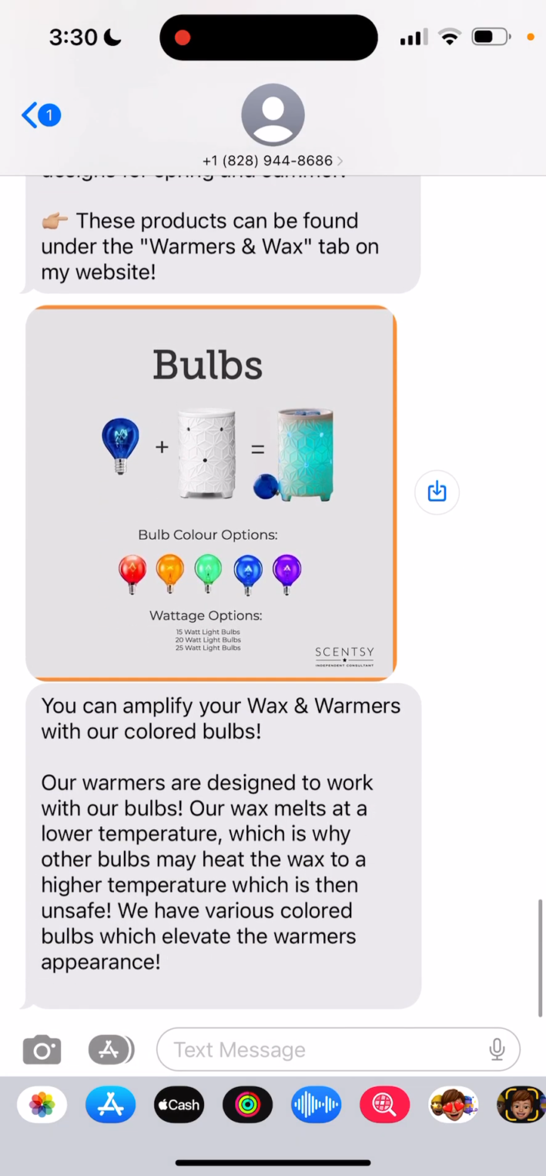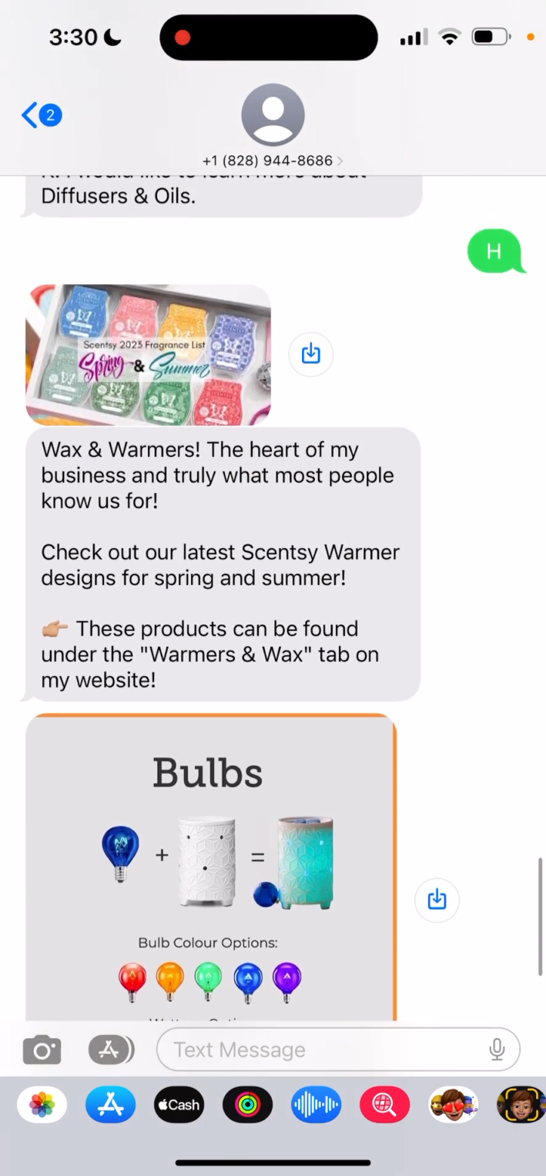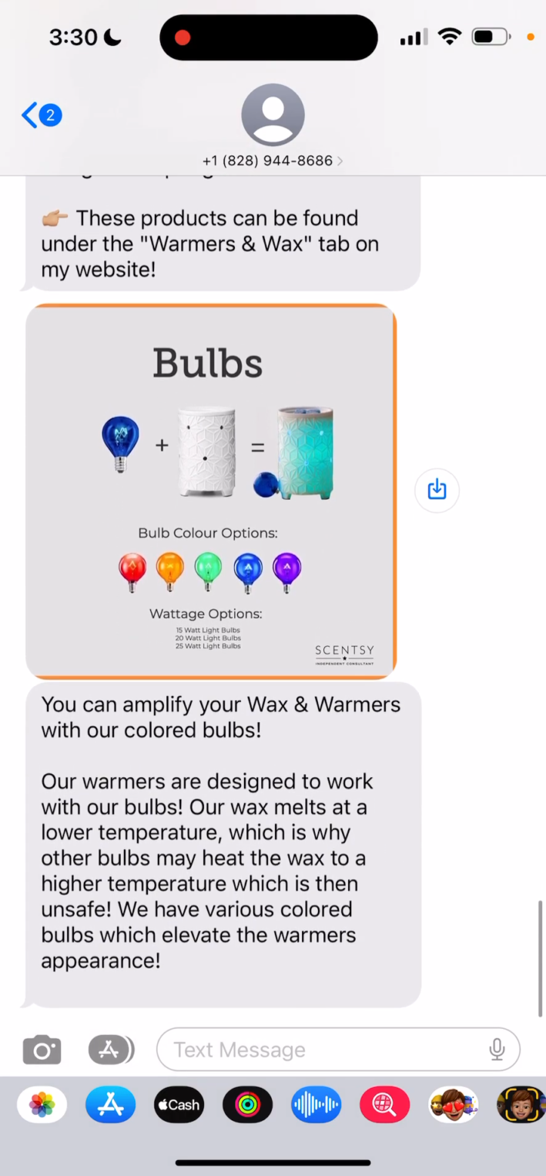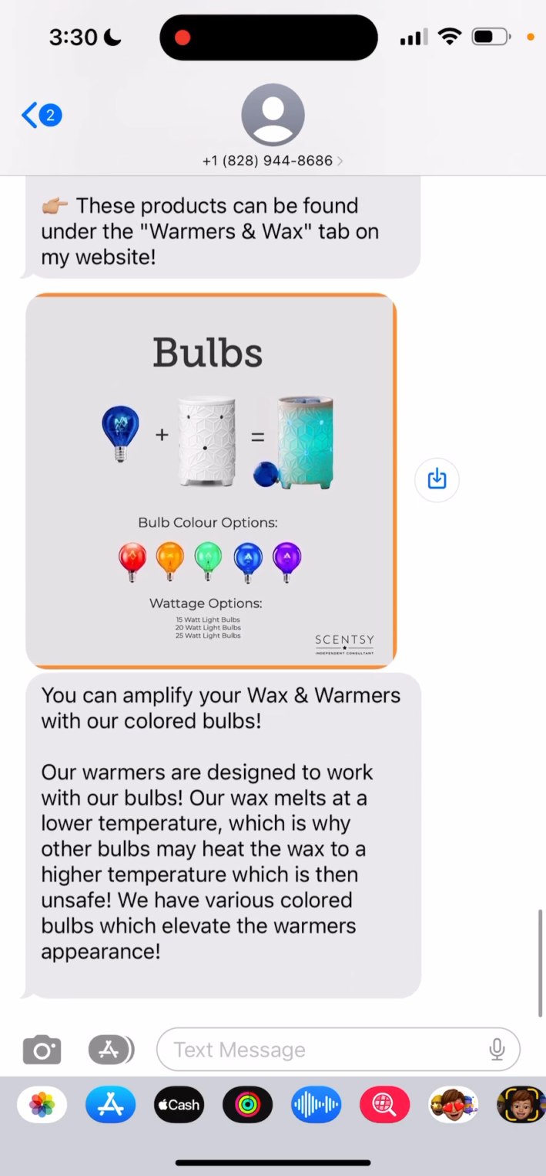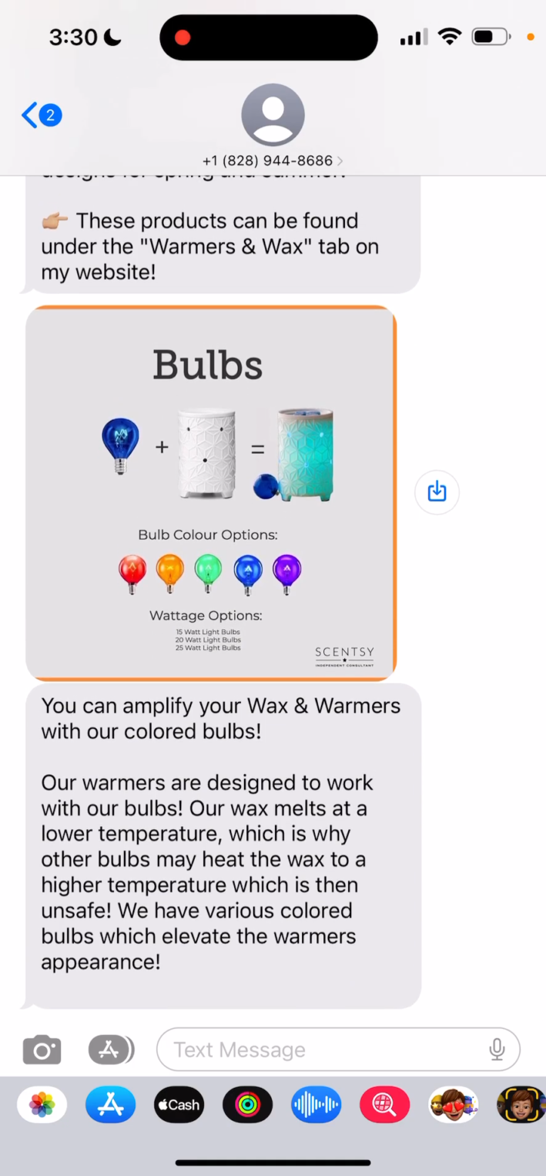So here's my first delayed message, it was bulbs, and actually, now that I'm thinking about this, I never actually did the wax and the warmers one, so I need to go back and add that one in there. But bulbs, and then it'll wait a minute so that they can look at bulbs, and then in a minute I think the next one is tabletop stands for mini warmers, and then there's one for stands, and then I'm just gonna show y'all